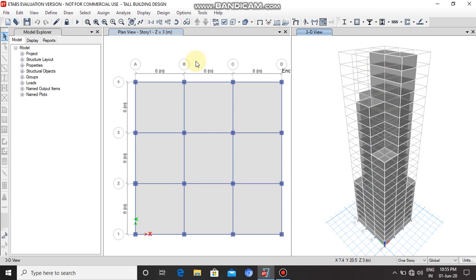So, from the ETABS software, tall building design, first of all, we have to know the dimensions of each column.